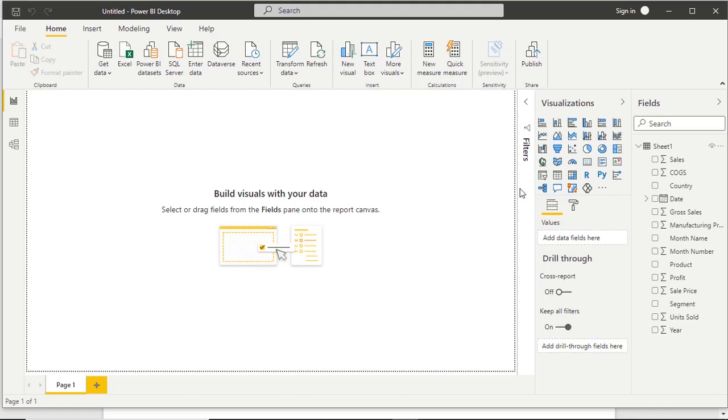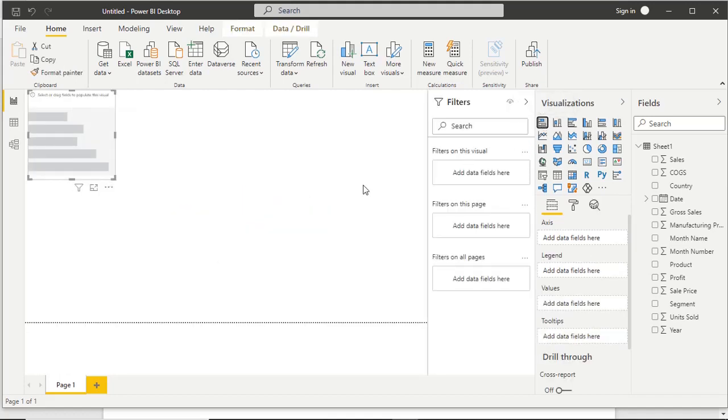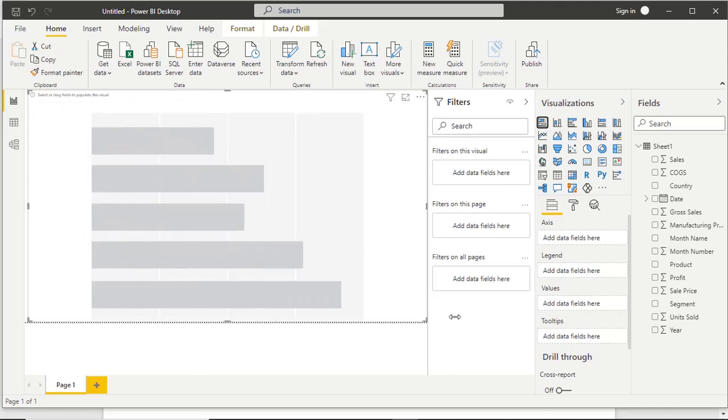So first of all, we check the stack bar chart. You click on that one, then you can see a shape of the stack bar chart has been placed. It's like a shadow. It shows that your stack bar chart will be in this shape. Enlarge this one. So our query is to show the data of the products sold in each country.